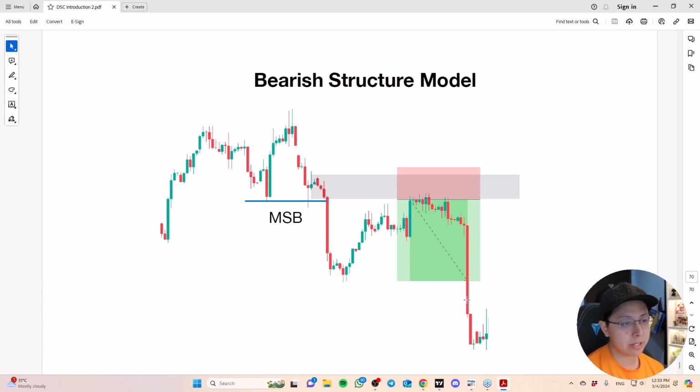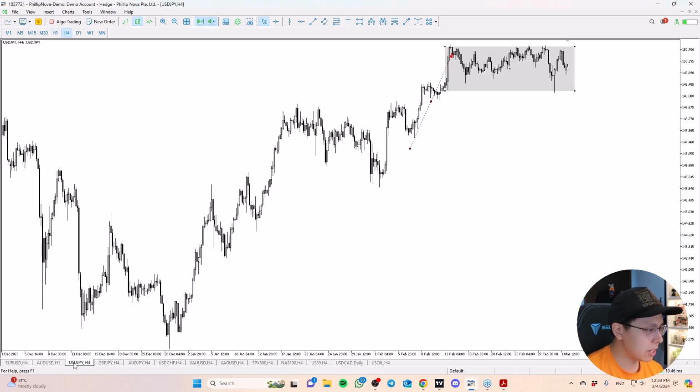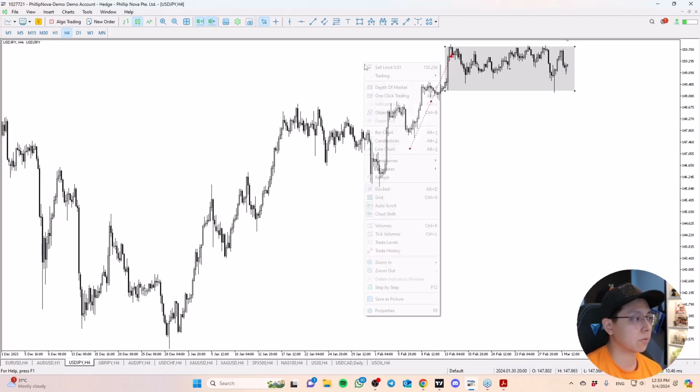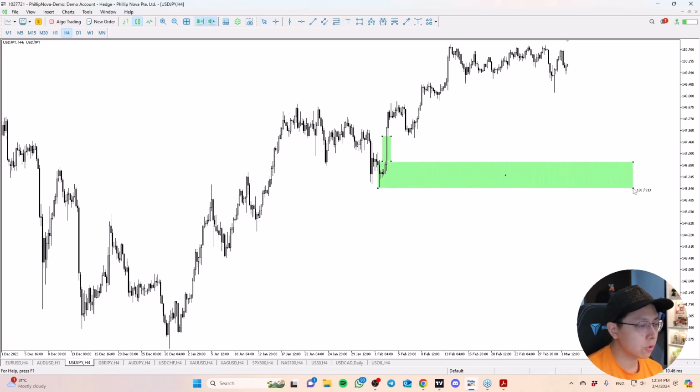The steps in which you search for things in the market are very important, because if you mix it up, you'll be confused. You'll be looking at things all over the place. So I just want to highlight that and remind everyone, because if today you look at every other chart, you would find a lot of setups. Let me give you an example. Just now I mentioned I'm not interested in the dollar yen, but can you see dollar yen has a fair value gap? There's a demand area here, and therefore you'll also be interested to buy.